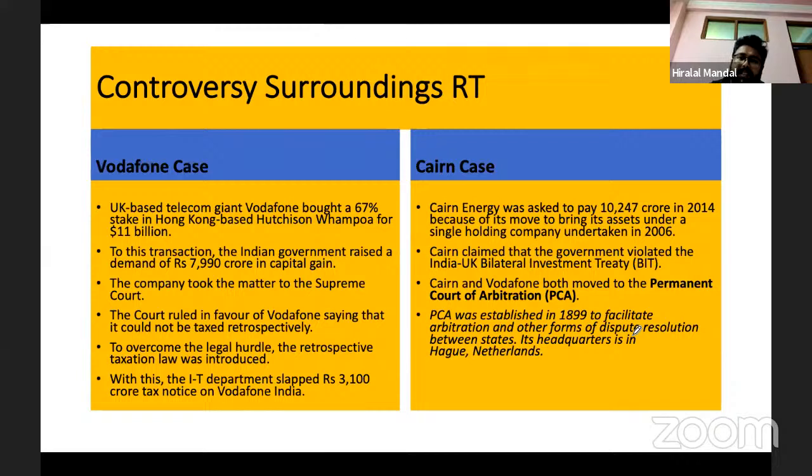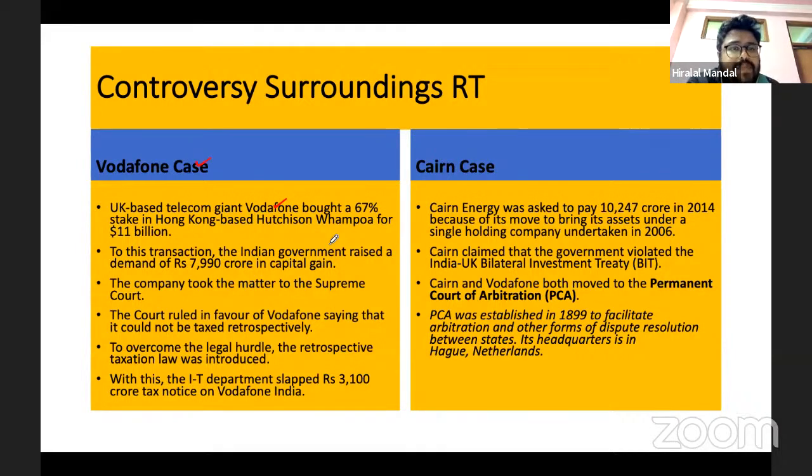So two cases were there when it comes to the retrospective tax. One case was related to Vodafone. What happened was that Vodafone, which is of course a UK based company, bought a 60% stake, because at that point of time India was going through a telecom revolution,